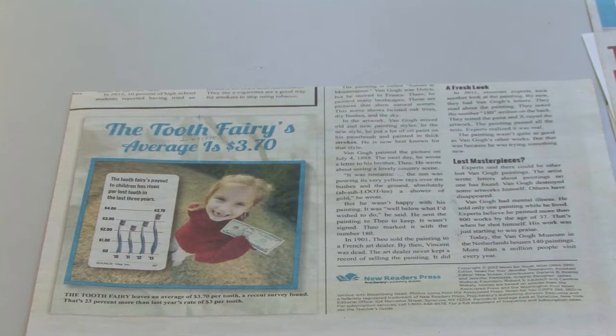The tooth fairy. Okay, yeah, and what about the tooth fairy? They're going to get money. Exactly. So this story isn't going to be about the history of the tooth fairy or who the tooth fairy is or anything. It's about how much the tooth fairy is paying these days. Yeah. So now that we have the title and we have that information,